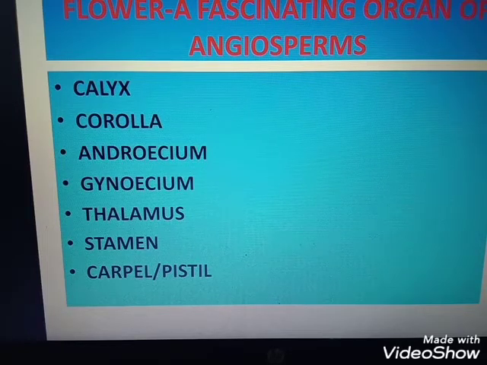Okay, two male gametes. The next question: given alongside is an enlarged view of one microsporangium of a mature anther. Here, given the picture, the first question is to name A, B and C. So it is asking what the A, B and C indicators are. That's why I told you to draw the pictures neatly five times in your notebook. Here A denotes endothecium, B denotes middle layer and C denotes tapetum.